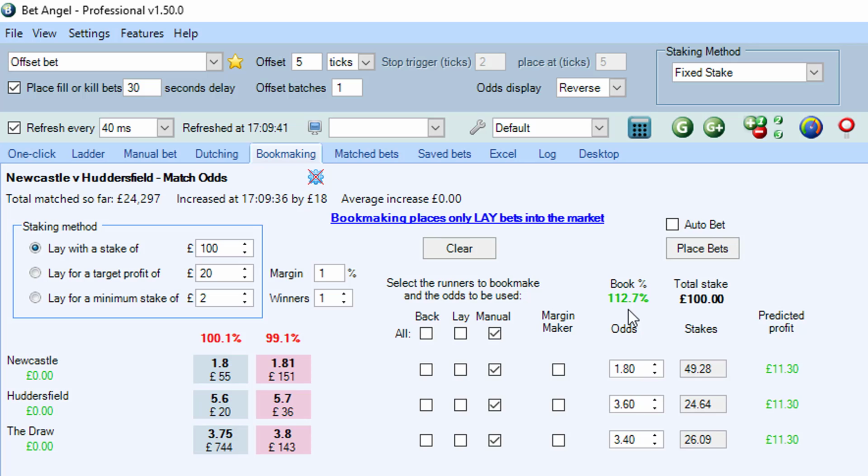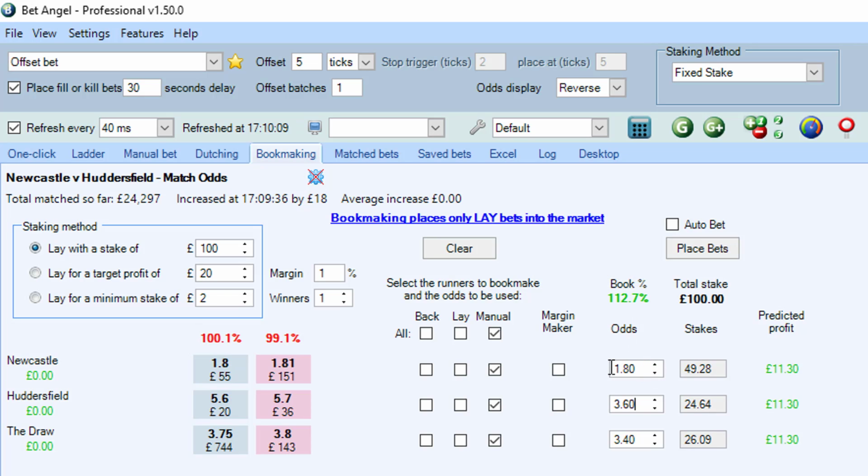So can you see there, slight difference between the margin that you lose at the bookmaker and the amount that you lose on the exchange. You can see here that if you bet on the exchange, you almost lose nothing to the other side of the book because you've got a very competitive market. But if we went into our local bookmaker and placed a bet there, you can see that they're asking for nearly 13% margin on this particular game.